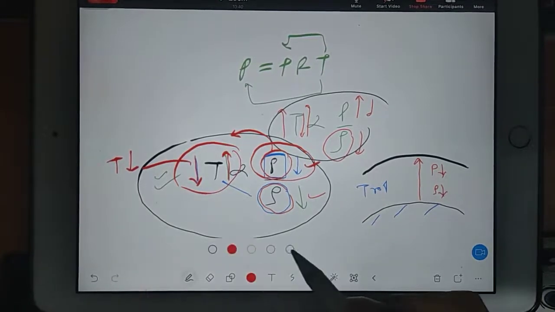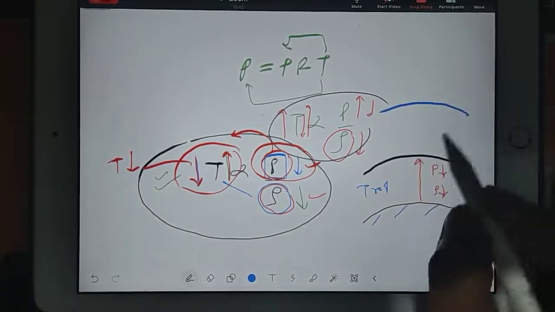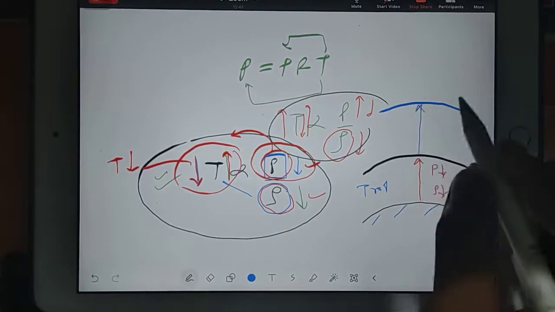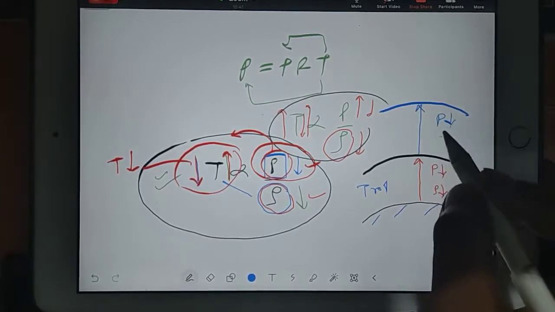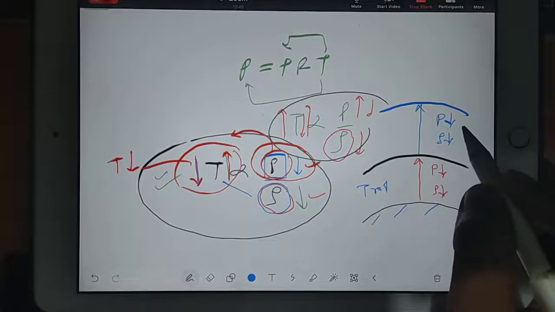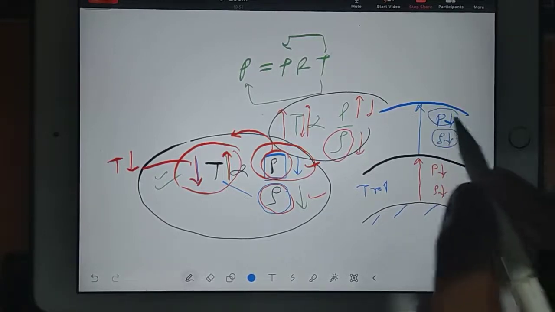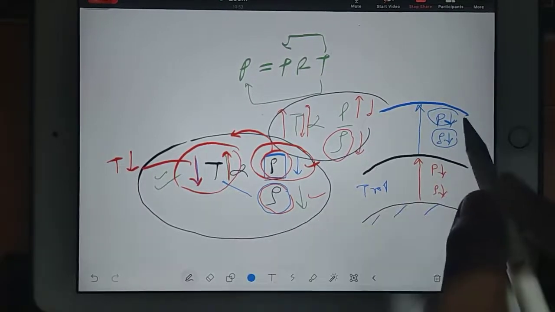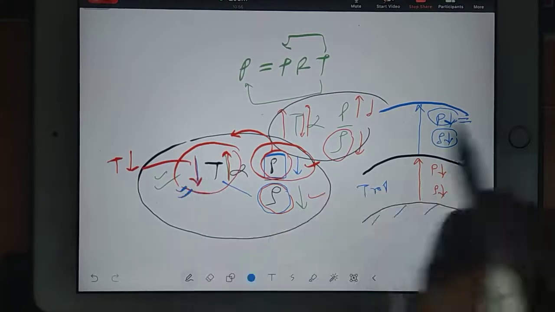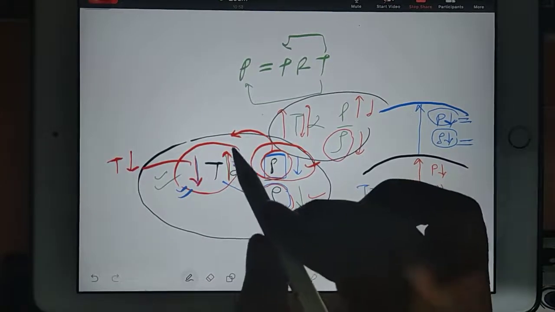But if you go to the stratosphere, when you travel up in altitude, your pressure will decrease and your density will decrease. Their decrement will again affect the temperature in the same way. Because of pressure decrement, temperature will decrease. Because of density decrement, temperature will increase. But,